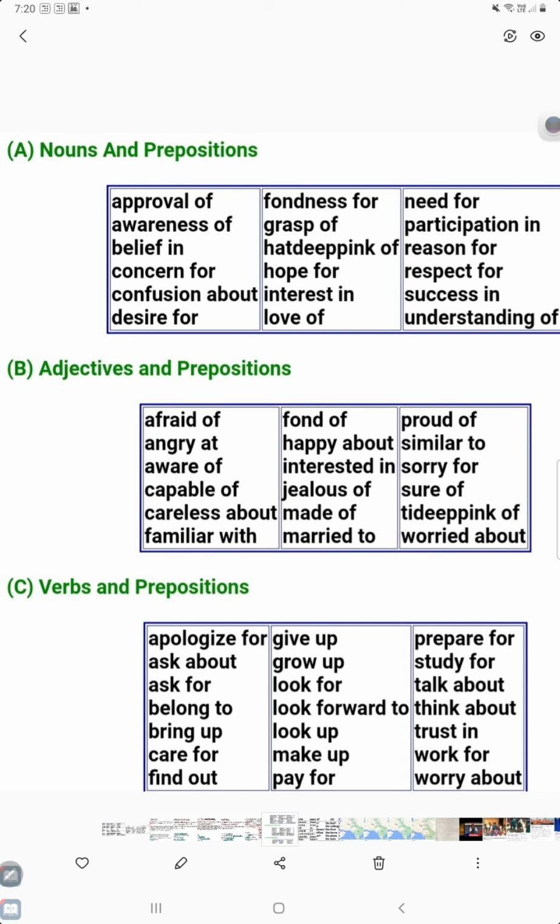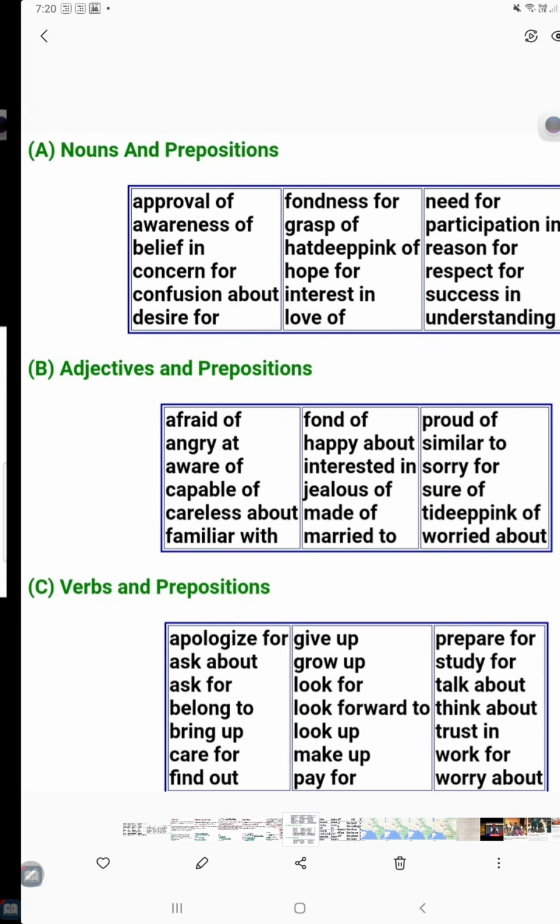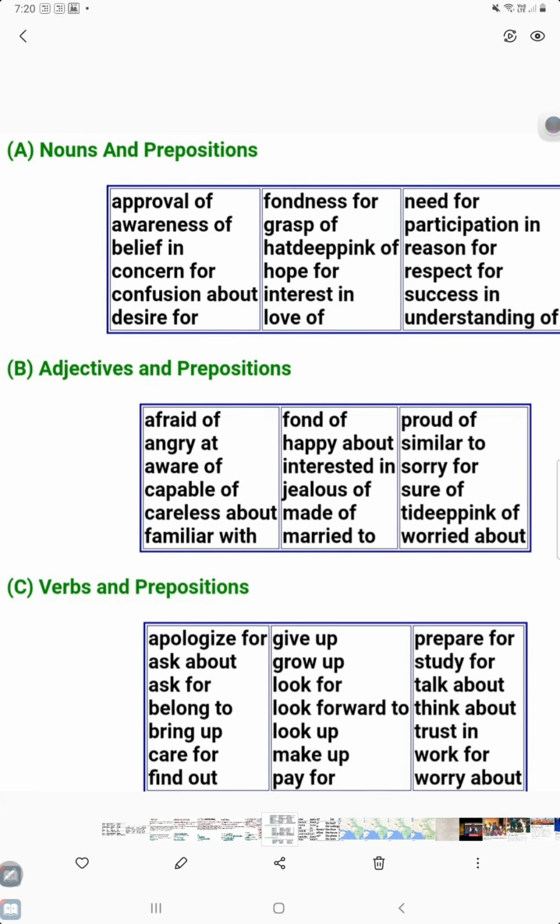Verbs and prepositions: apologize for, ask about, ask for, bring up, care for, find out, give up, grow up, look for, look forward to, look up, make up, pay for, prepare for, study for, talk about, think about, trust in, work for, worry about. These are all prepositions. More examples of prepositions: